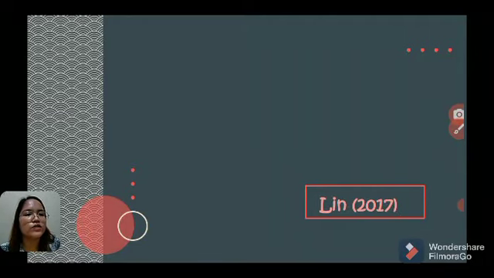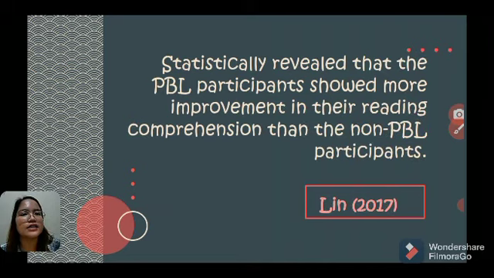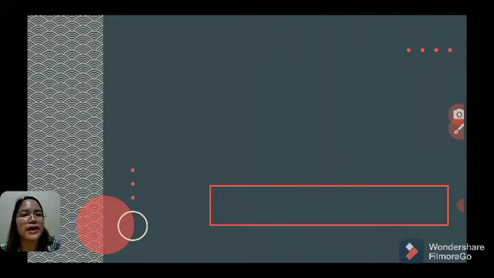According to Lin 2017, it was statistically revealed that the PBL participants showed more improvement in reading comprehension than the non-PBL participants.